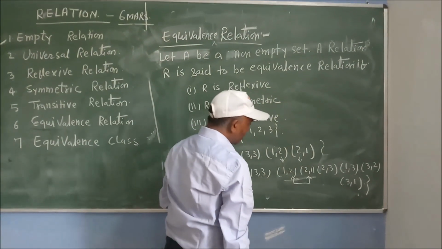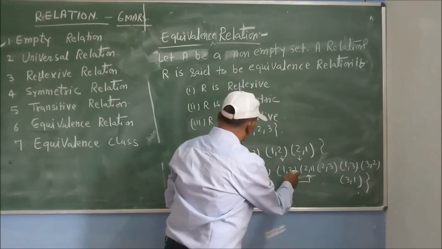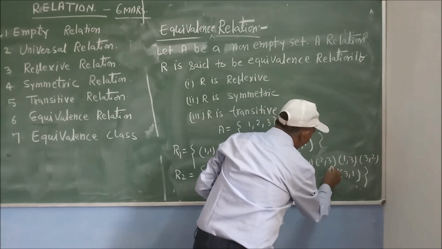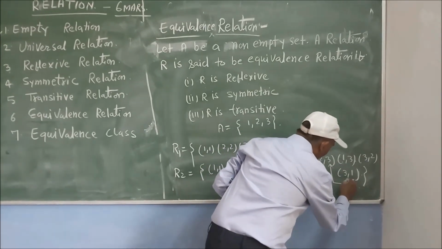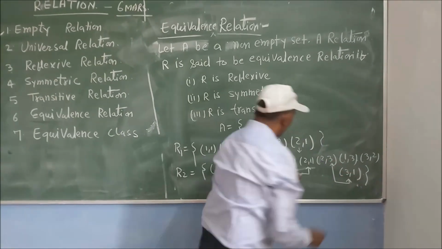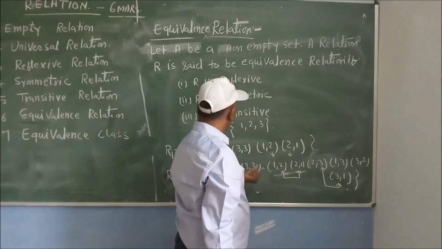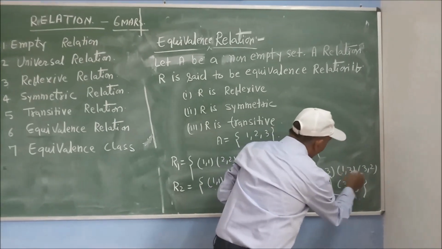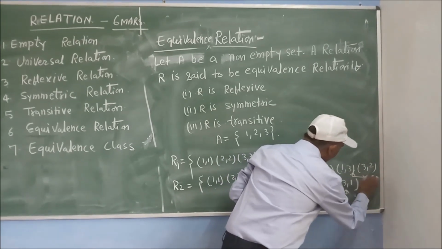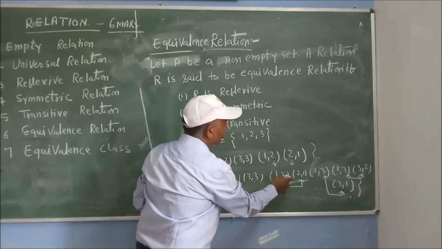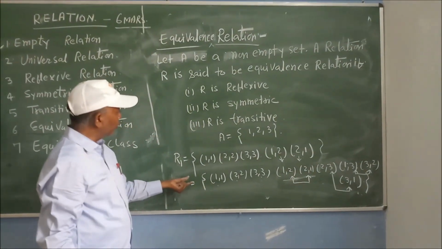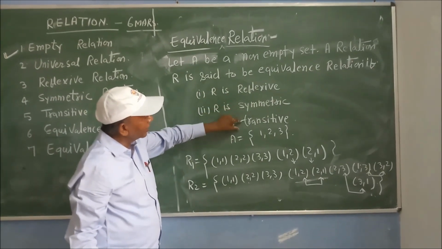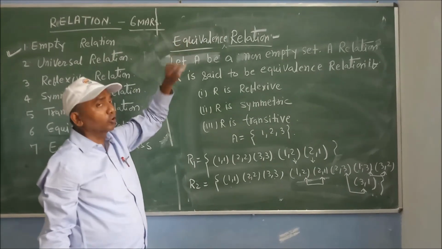Also check any number started with 2. 1 2, 2 2, 1 2 is here. Also 1 3 and 3 1. So 2 1. इसका second element है 3 और इसका first element है 3. So here 2 1 must be there. 2 1 is here. So this also shows the transitive property of the relation. Again see here, it's 1 3 and 3 2. 3 here and 3 also here. So 1 2 must be here. 1 2 is also here. So we can say that R2 also satisfies that R is reflexive, symmetric and transitive. So we can say that R2 is an equivalence relation.